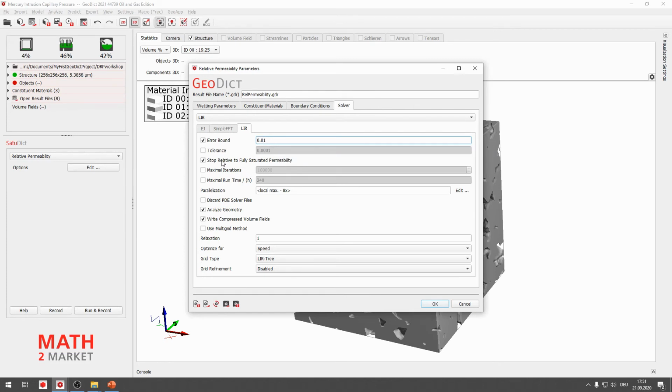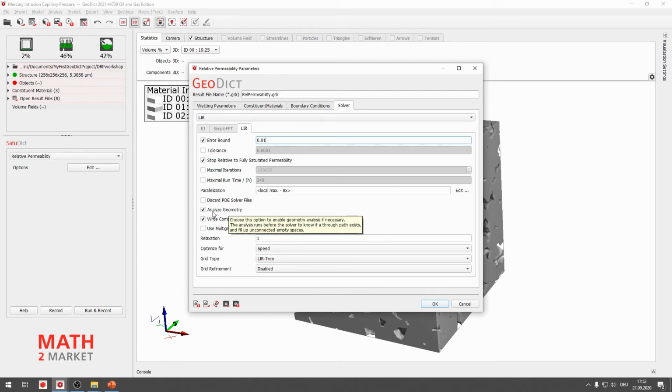We can see this one checked, stop relative to fully saturated permeability. This option dramatically reduces the overall runtime, as the tool tip says, and yes, that's what it does. You can also have a look at the user guide for the SATODICT module by clicking the Help button here. So you will get more information on all the parameters.